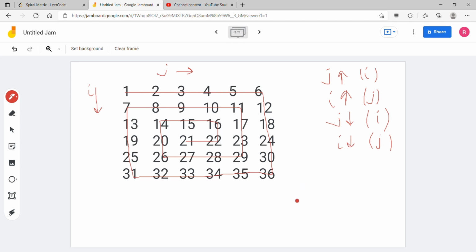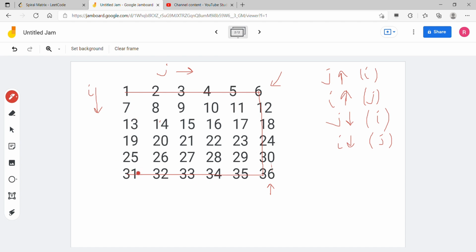Okay, so now I need you to focus more on this. So I'm rubbing off this line and redrawing it again so that you understand the pattern more clearly. So j increased to its full capacity at first. Then we saw i getting increased to its full capacity here. Then we saw j getting decreased to its full capacity. Then something interesting happens. After these three turns, increasing, decreasing and increasing, so next we have is